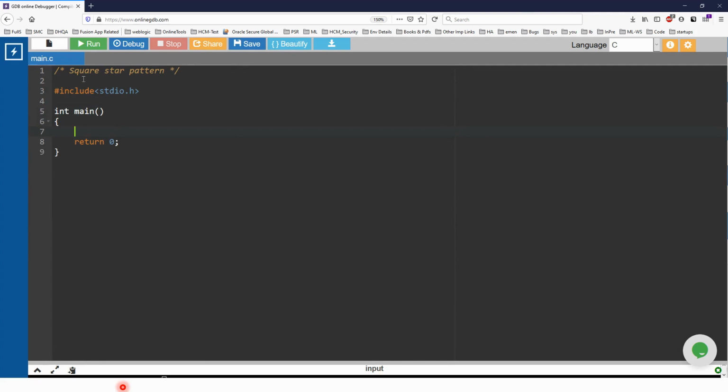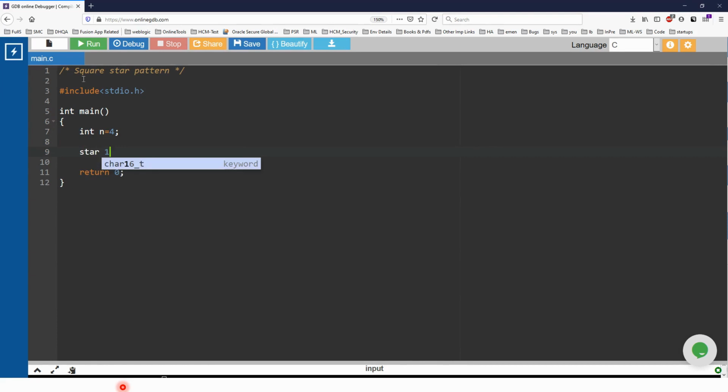Now take an int variable n, because that's the input given by the user. If n is equal to 4, we have to print a square of size 4, so we print the star 16 times and 4 new lines.